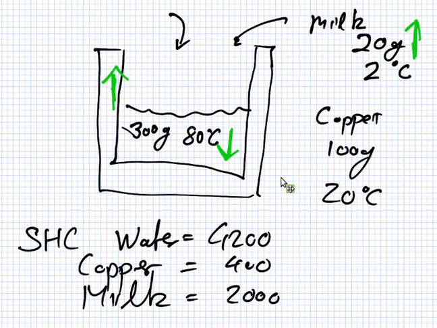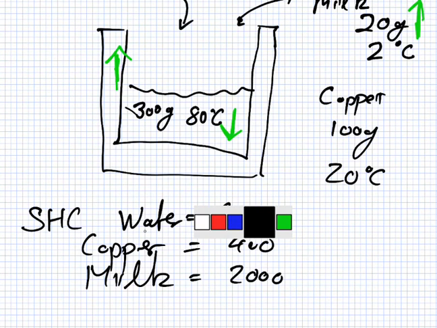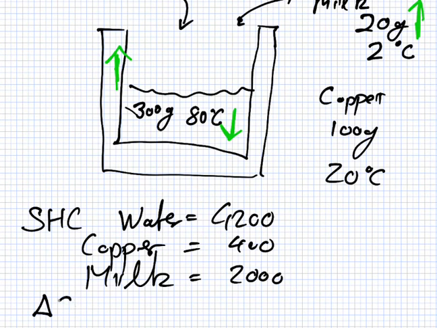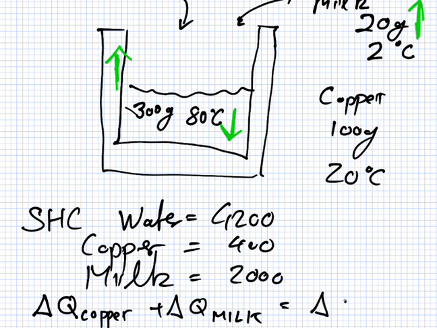Gains. So I just want to write down what the formula would be. Well, if I just write it all out as one, I could say the gain in the copper plus the gain in the milk equals the loss in the,